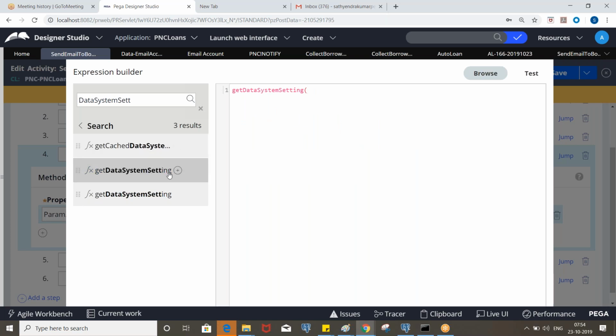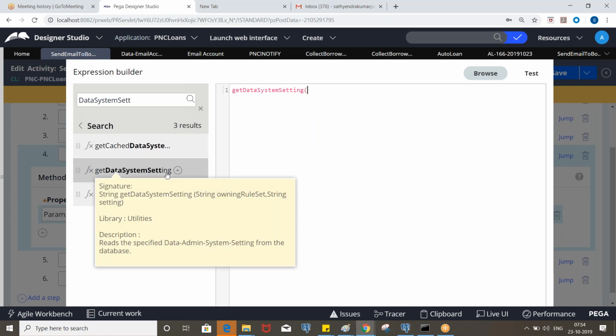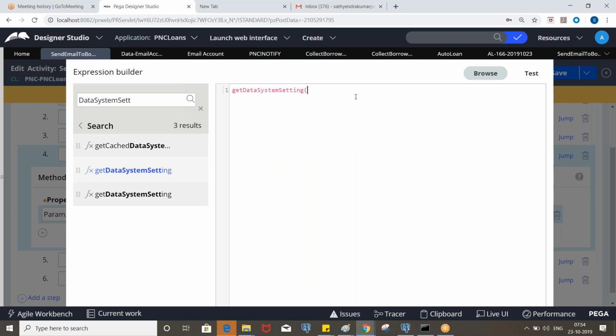And what are the parameters? Owning rule set and setting purpose. The owning rule set is PNC loans, and the setting purpose is from email. That's it.